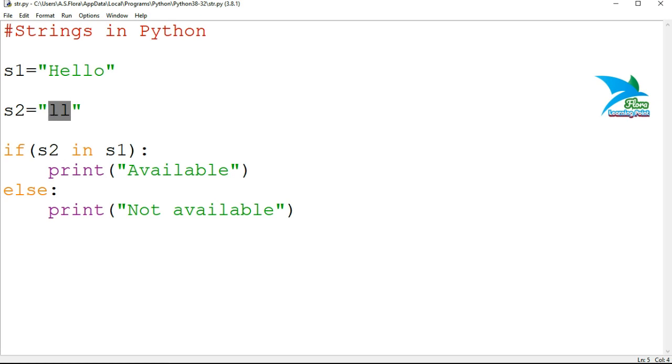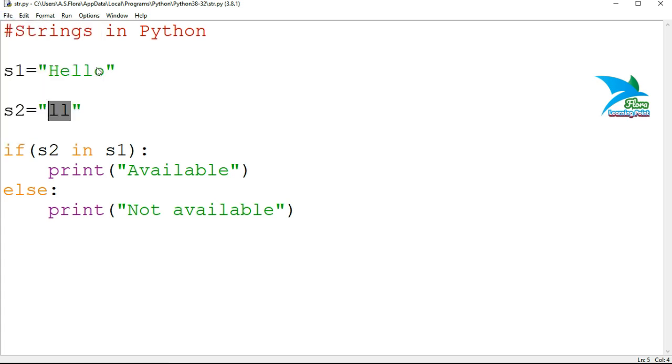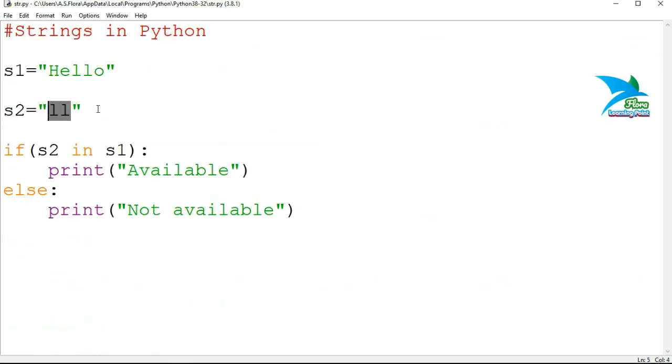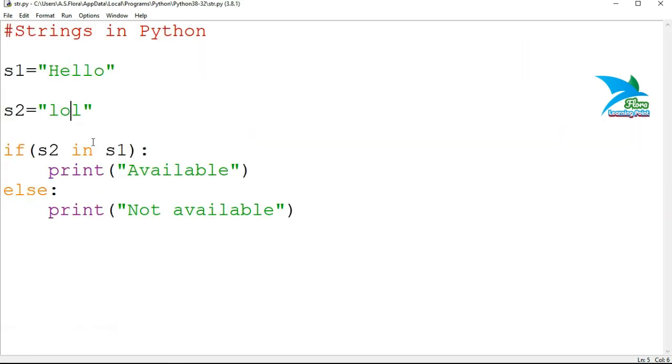It will search the combined occurrence of these two letters inside the string, not one after another, it will search that substring from the string combinedly. Save it, and the result is available.